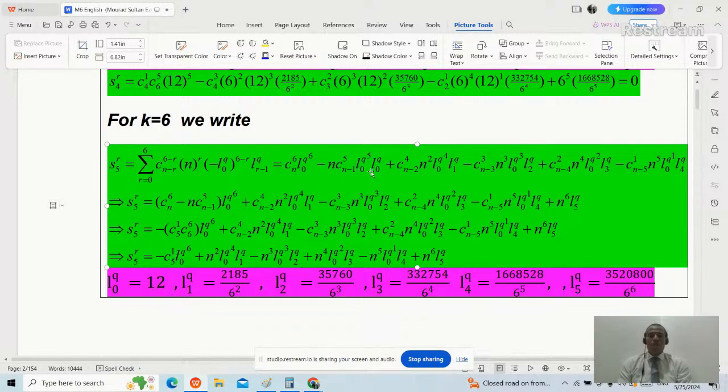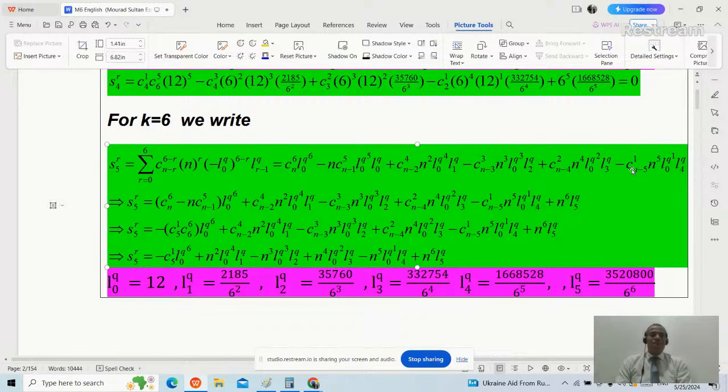You can notice this one and that are the common factor. Plus combination n minus 2 choose 4, n squared L0 for the q raised to the power 4 times L1 over the q, minus combination n minus 3 choose 3, n cubed L0 for the q cubed times L2 for the q, plus combination n minus 4 choose 2, n raised to the power 4, L0 for the q squared L3 for the q, minus